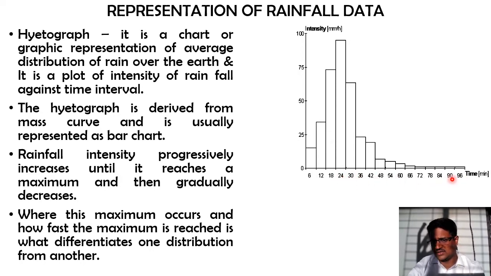So why does this happen? Why is the increase in intensity quite rapid, whereas the decrease in intensity is quite slow? This in detail we are going to check when we study the hydrographs. That is there in your third module. So when we study the hydrographs, at that point of time you can determine this, or else we can utilize this hydrograph. One more important bit here is that these hyetographs can be used for taking out your infiltration.